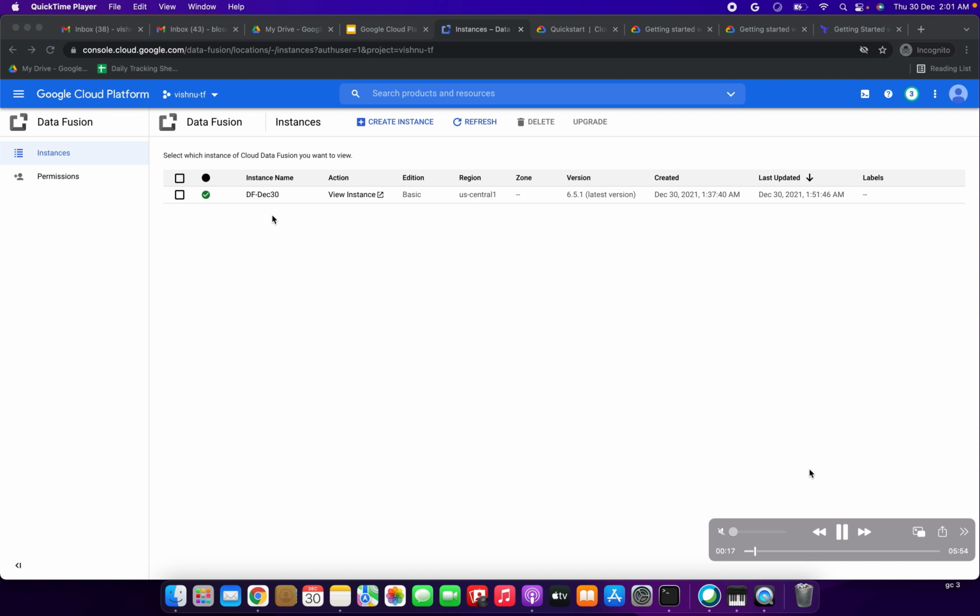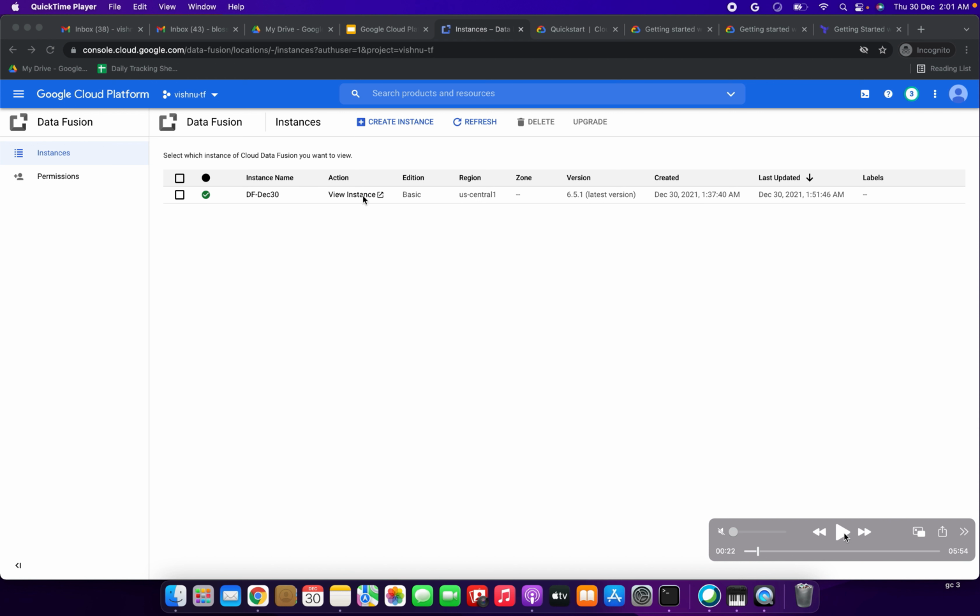Okay, so in the cloud console, we can create a cloud console project, create and delete Cloud Data Fusion instances, and view Cloud Data Fusion instance details. In the Cloud Data Fusion web user interface, we can use the various pages such as Pipeline Studio or Wrangler to use Cloud Data Fusion functionality.